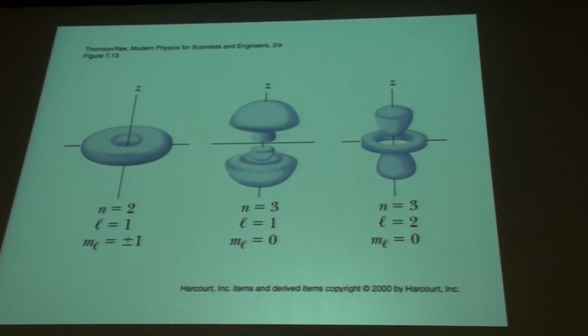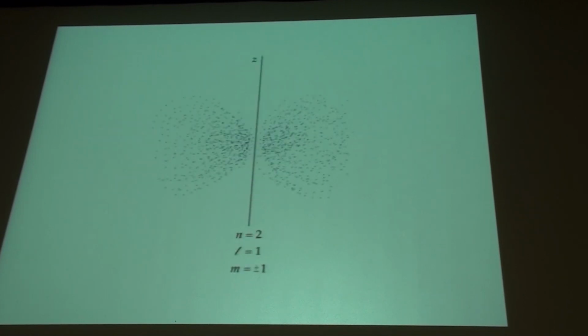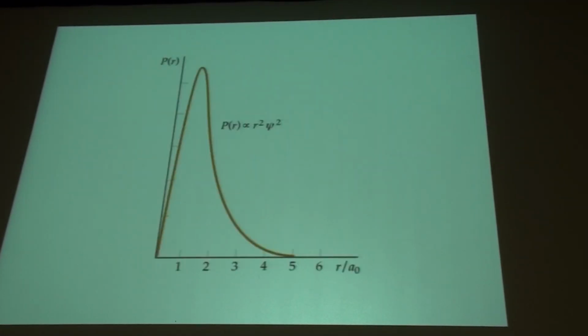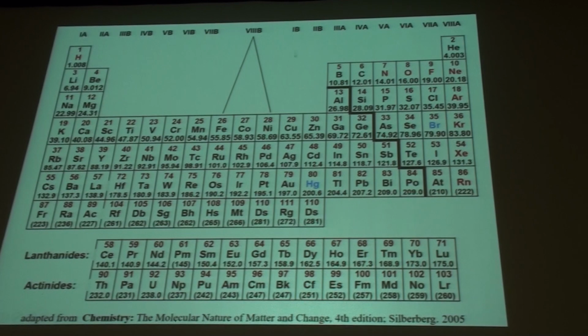That's how we can determine whether or not these orbits are just a nice idea or whether they actually have something measurable about them that can be determined. Okay? And so if we go back to the periodic table, what we see is that these d orbits extend all the way across in the middle. So this would be a d orbit all the way to here.